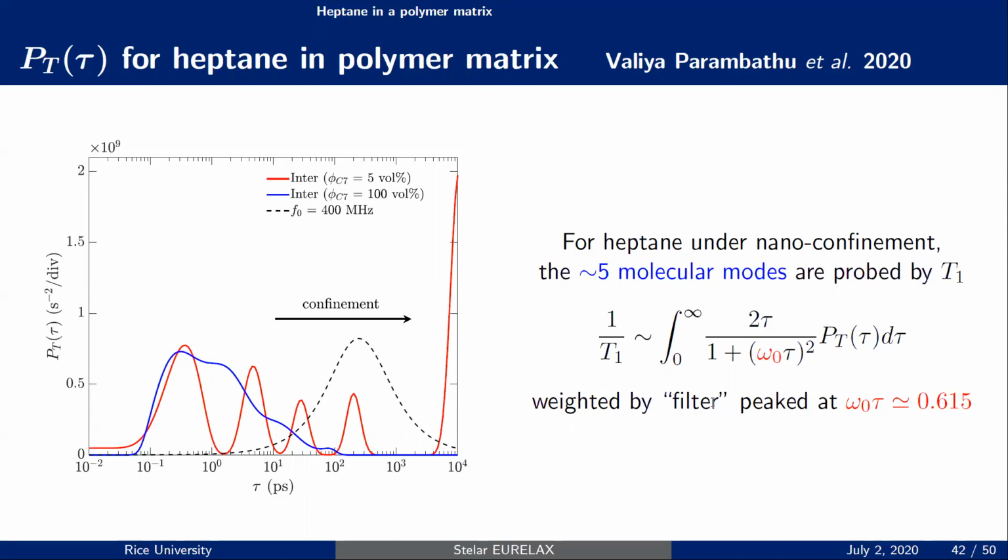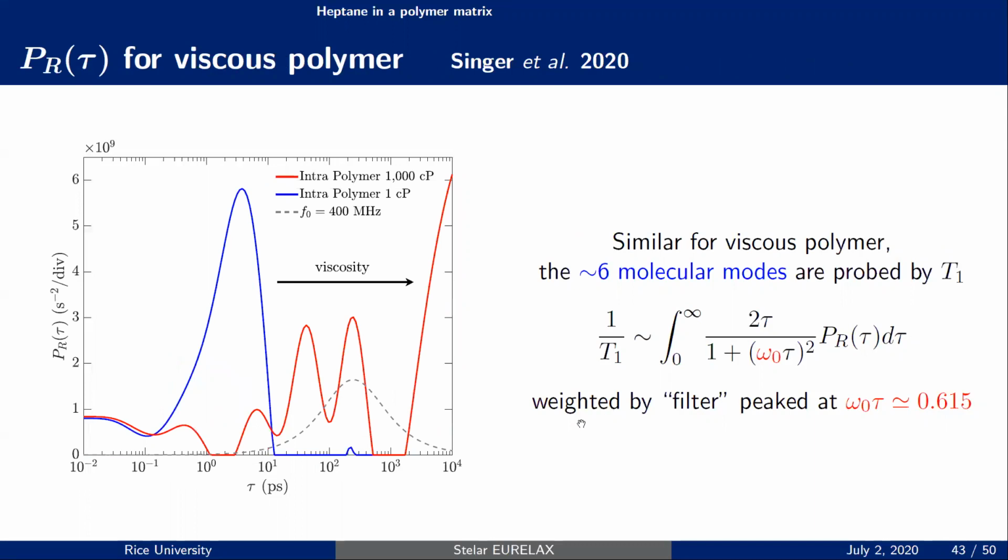Okay, so we did the same thing for the viscous polymer. Again, you discover these different peaks. This analysis was done at 400 megahertz. And this is for, again, just to remind you, for the polymer. And what you see again is the development of these modes in this system as you change the viscosity, going from, say, 1 centipoise to 1000 centipoise. Okay. So these are again all hinting at